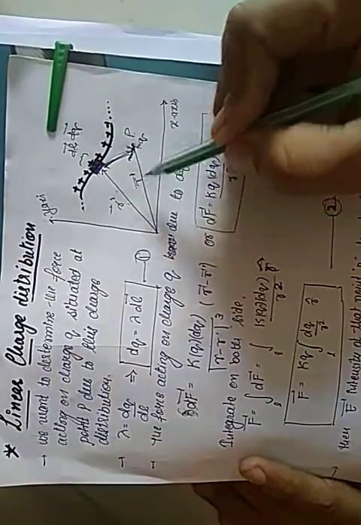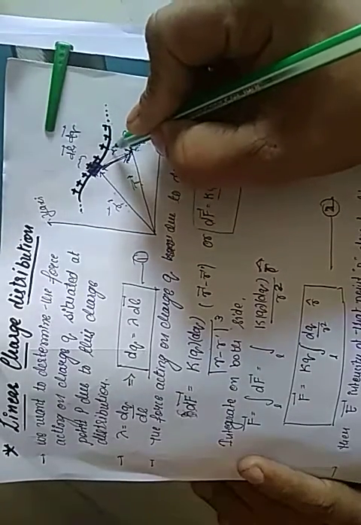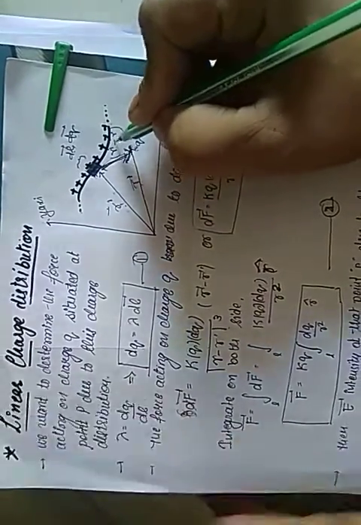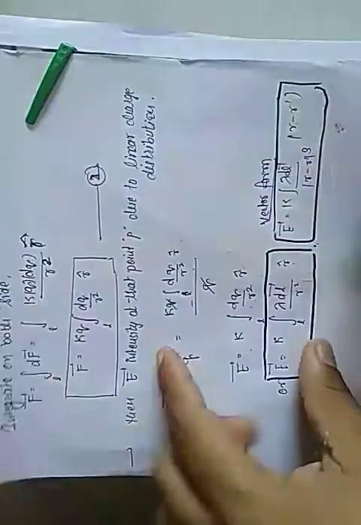So see, this is dq, this is q, both are positive, so repulsion. As for vector addition, this is initial, this is final, so we can write final minus initial. Final is r dash, so we can put here r dash minus r. So this distance is r dash minus r. Now I am putting the value at the place of r. See, at the place of r we can put r dash minus r, and the square is converted into cube. So hope this is clear.